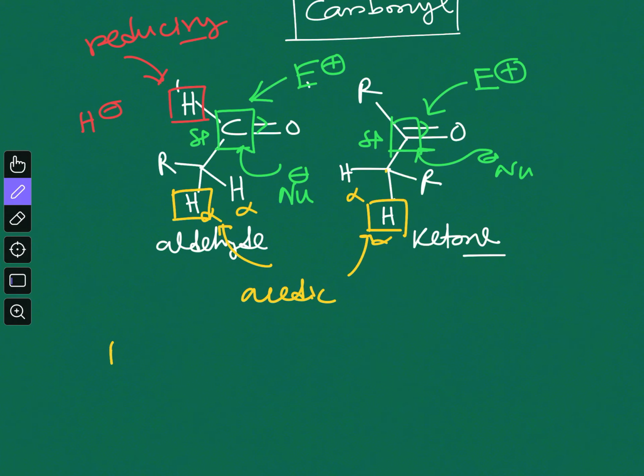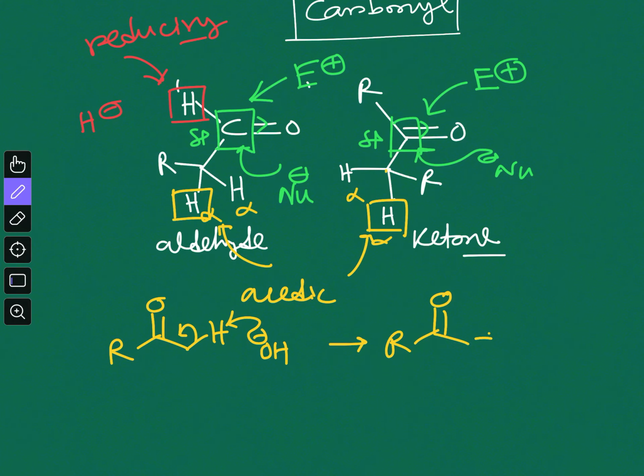Why? Because you can see, if you consider any carbonyl functional group and this is your alpha hydrogen atom, when your base takes this proton, you will have a carbanion like this, and it can be stabilized through resonance into this carbonyl group, and that makes these alpha hydrogen atoms acidic. So these are the three important areas in a carbonyl functionality which are reactive, and we will see the reactions of carbonyl functional group based on these particular areas.